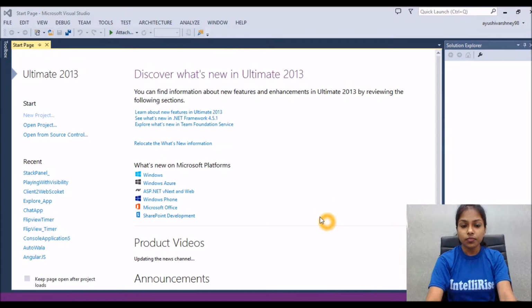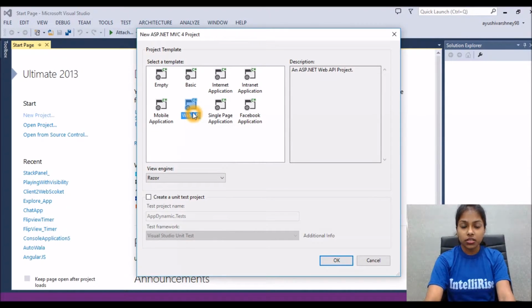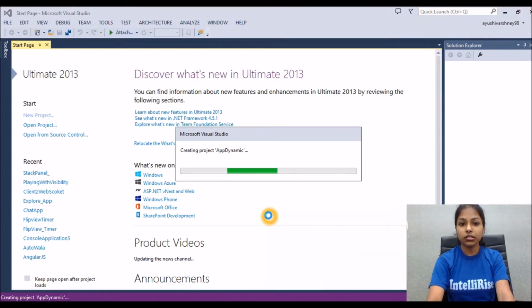Now we'll select web API from here, as we are creating a web service, web API to integrate with our application.